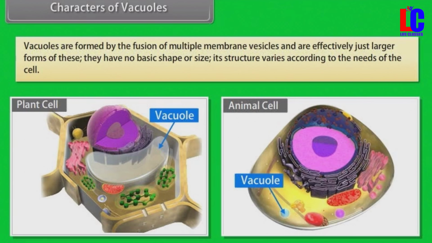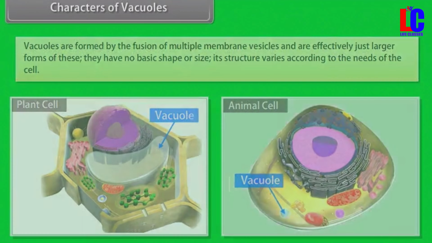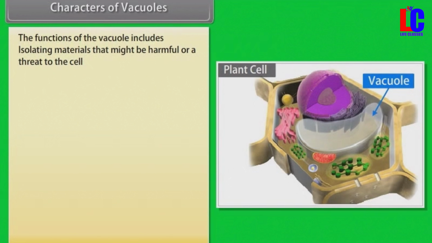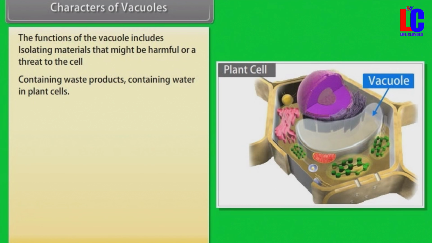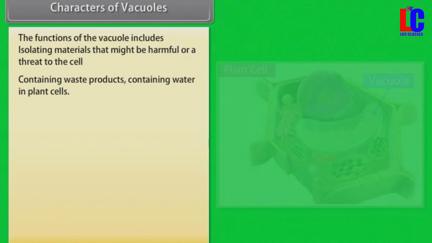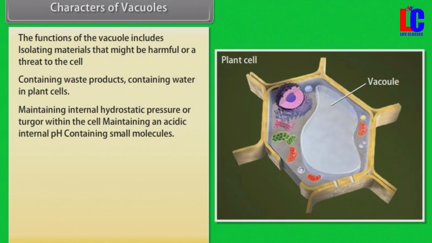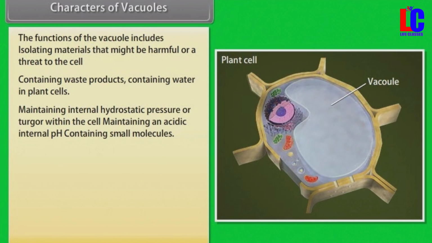Vacuoles are formed by the fusion of multiple membrane vesicles and are effectively just larger forms of these. They have no basic shape or size. Its structure varies according to the needs of the cell. The functions of the vacuole include isolating materials that might be harmful or a threat to the cell, containing waste products, containing water in plant cells, maintaining internal hydrostatic pressure or turgor within the cell, maintaining an acidic internal pH, containing small molecules,